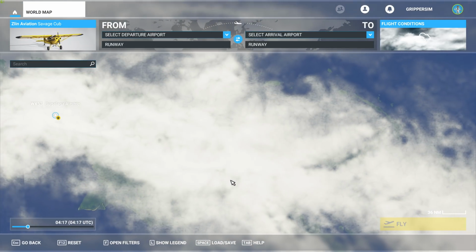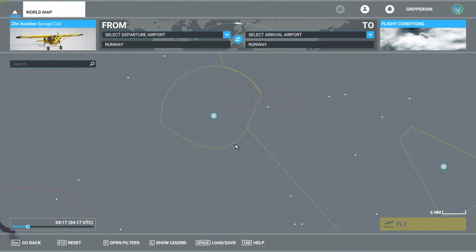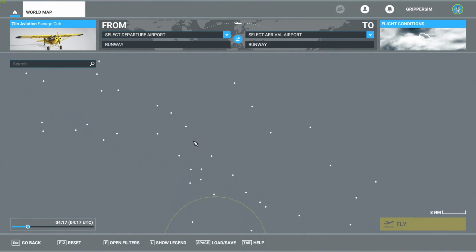It's an island, surely. Well, it's covered with cloud at the moment. But wow. And this is obviously a big one here. But, I mean, I reckon, guys, look at all the airport symbols. I reckon that when Papua New Guinea, I can't pronounce it, came of age, they